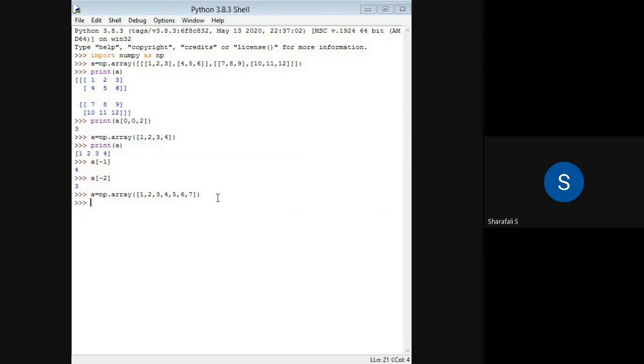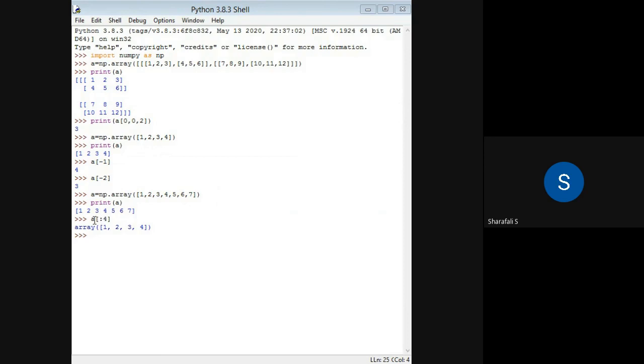And then if you want to get A, you can get it like this. In this case we are getting only one element. But if you want to get some number of elements, which is nothing but a subarray, this process is also called array slicing. In this case, you can just put a colon, for example, with 4. If you press enter, you will be getting all the elements up to the 4th index.